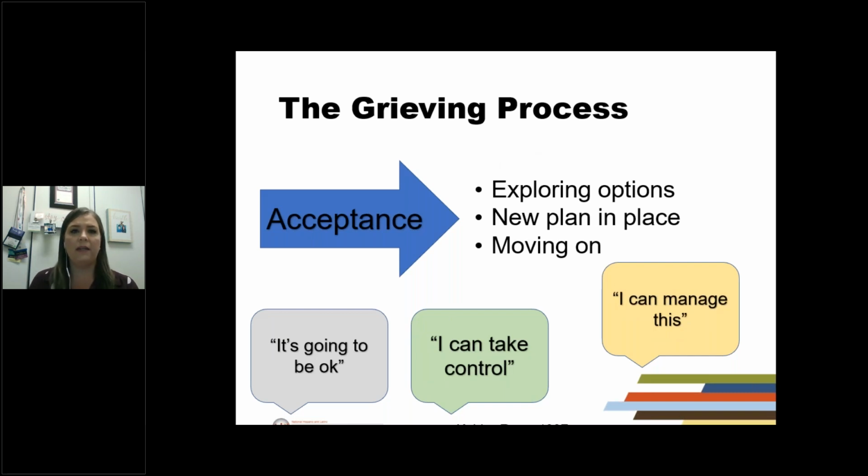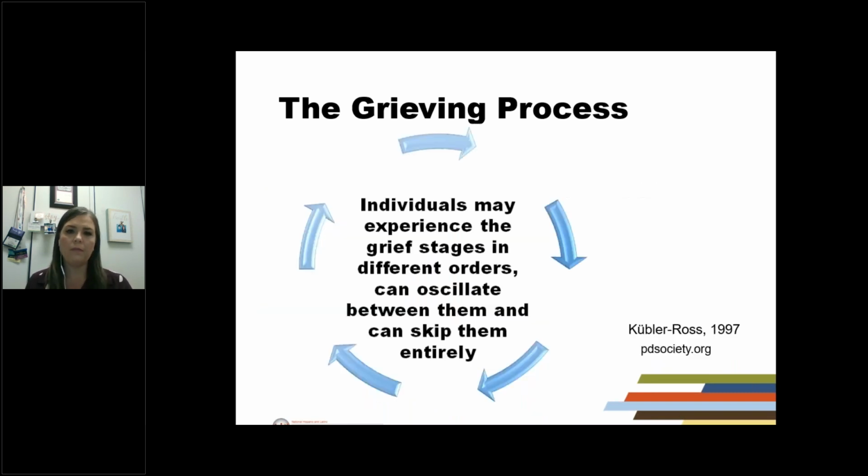And finally, the fifth stage is acceptance. During acceptance, we can see that people start to explore options. They have new plans in place, and they begin to move on. Here, expressions like, it's going to be okay, I can take control, or I can manage this are usual or common. So Kubler-Ross expressed